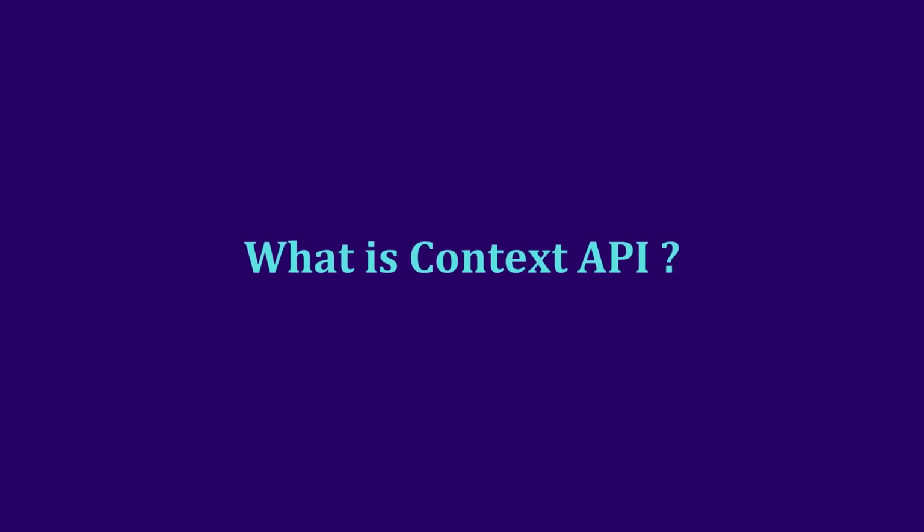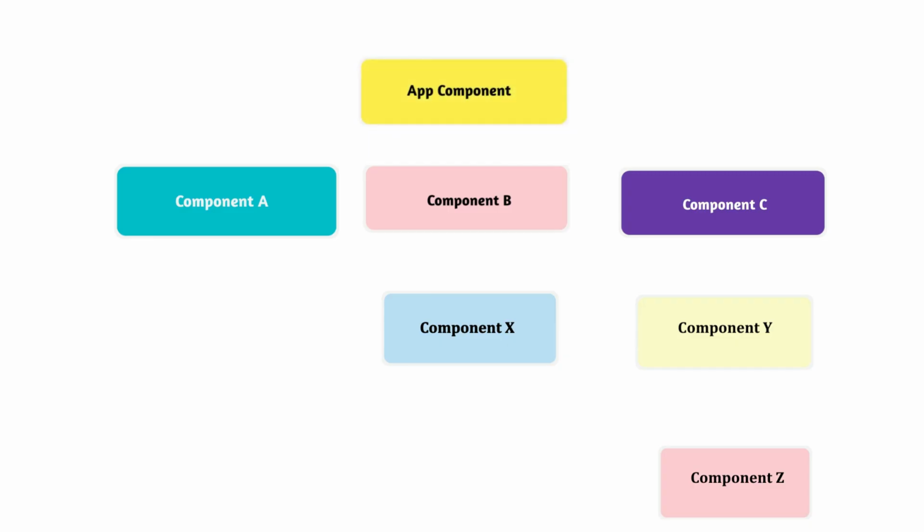Let's quickly consider a React application that has several components. At the top is the App component, which is of course the root component of every React application. Nested within the App component are several other independent and isolated components in different tree levels. We have component A, B, and C at the first level. Component X is nested within component B, component Y is nested within component C, and component Z is nested within